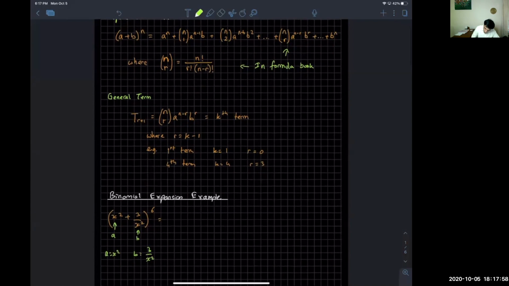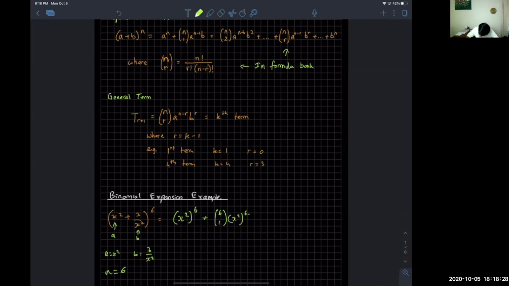We have the formula up here, so we're just going to use this to do the expansion, okay? So the first term is a to the power n, so that is x squared to the power n, which is 6. Actually, maybe this will be helpful. Let me write down n is equal to 6. Then plus 6, 1 times a to the power n minus 1, a is x squared